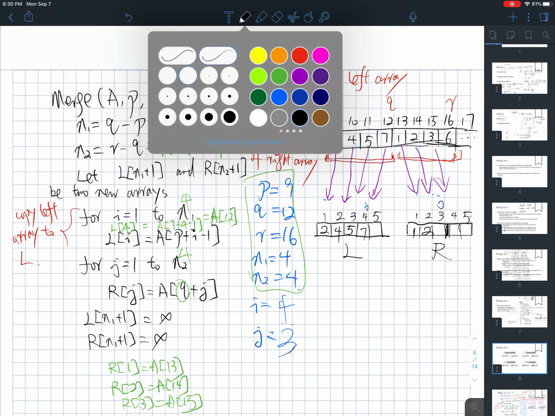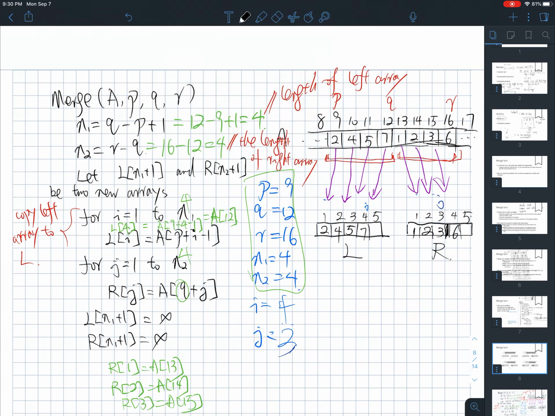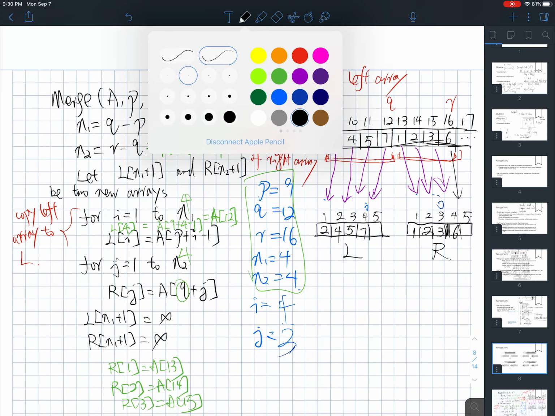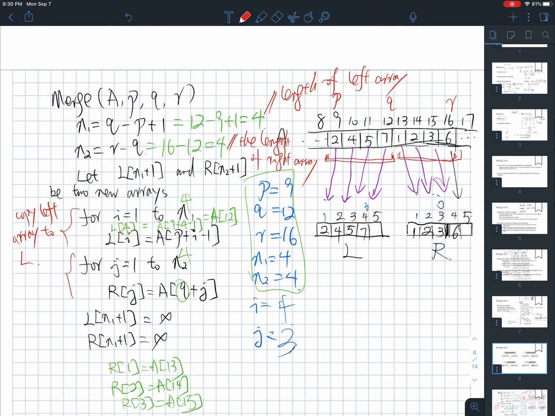So here we just copy the value. And in the last iteration, we'll just copy the last value of the right array to R. So here in the second for loop, we basically copy the right array